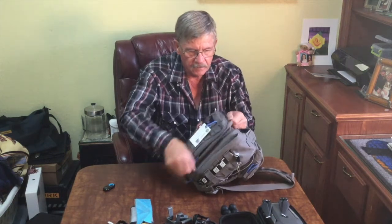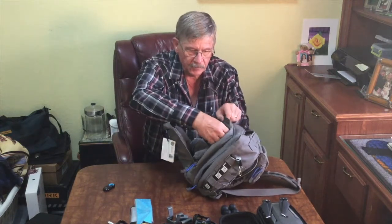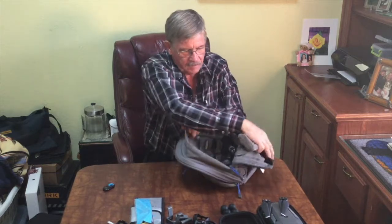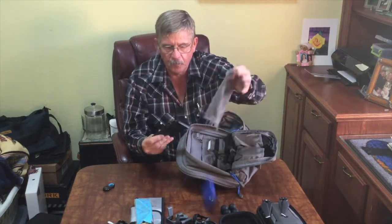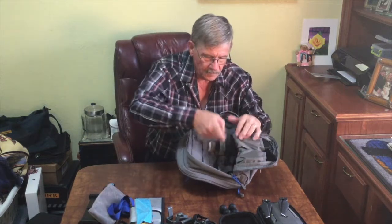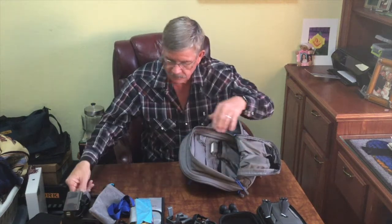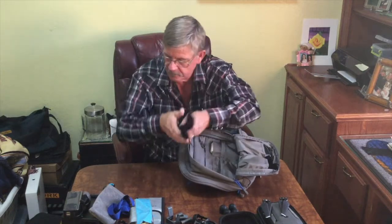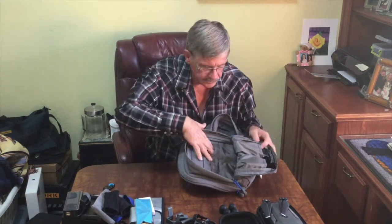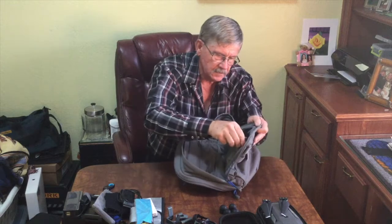And on this side here you can put another 2 batteries in the LiPo bag. And I have an adapter for a larger iPad and a lanyard, battery charging hub, and the battery charger, 2 sets of extra props, a set of DJI ND filters, which are very nice, car charger for my batteries, and an antenna